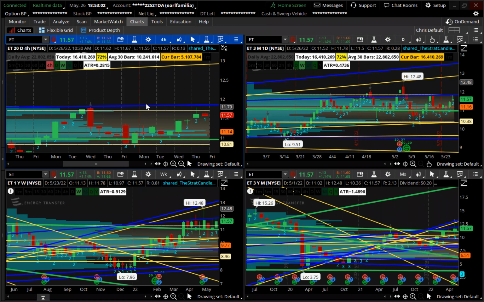Anything below the 4-hour, I'm not going to take setups off of. Those are intraday for me, but not for something like this. There's nothing wrong with the 2-hour, but for my preference and the success we've had, it's the 4-hour. There's no debate.